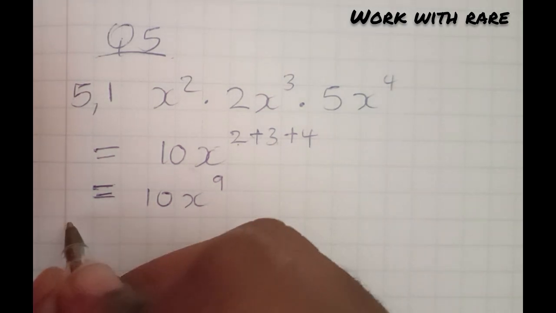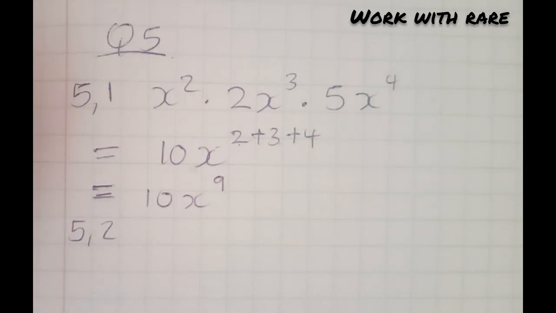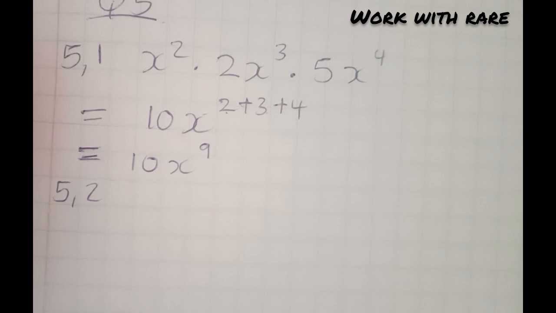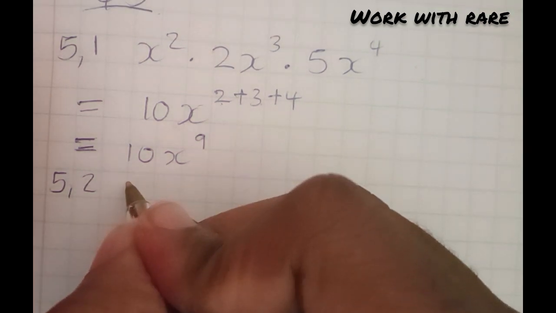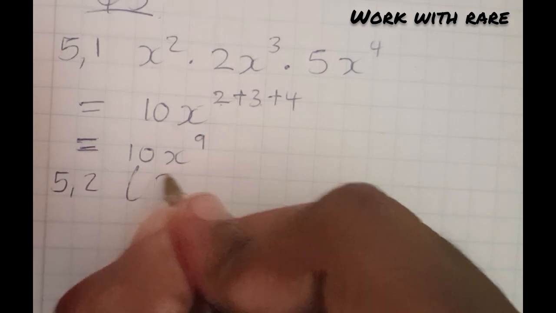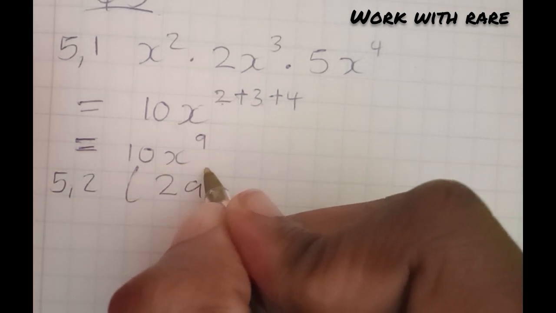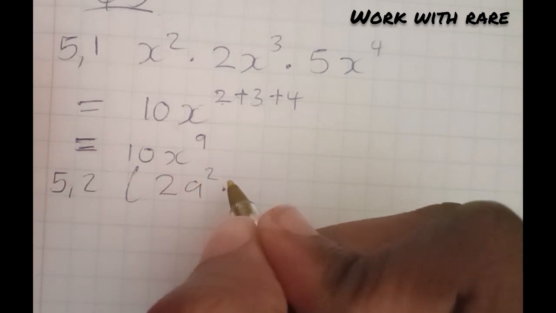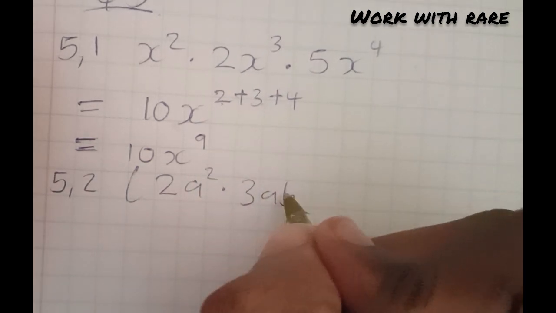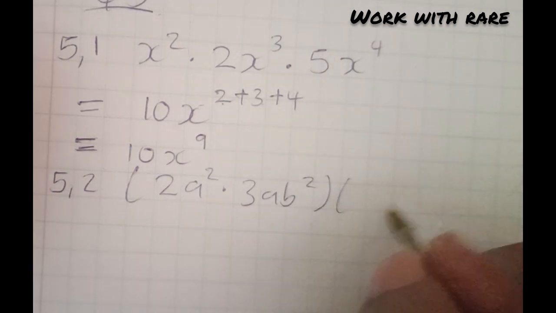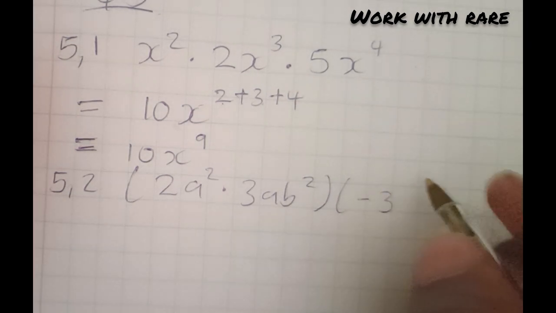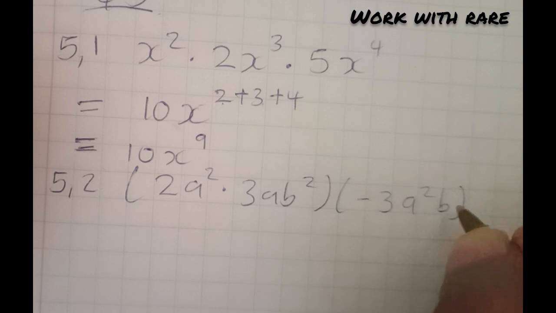Now let's do 5.2. Always show your calculations. Always. It's very, very important. Show all your calculations. Okay, so the next question says, we have 2 brackets. The first bracket is 2a square multiplied by 3ab square. Then we have a second bracket which is negative 3a square b close brackets